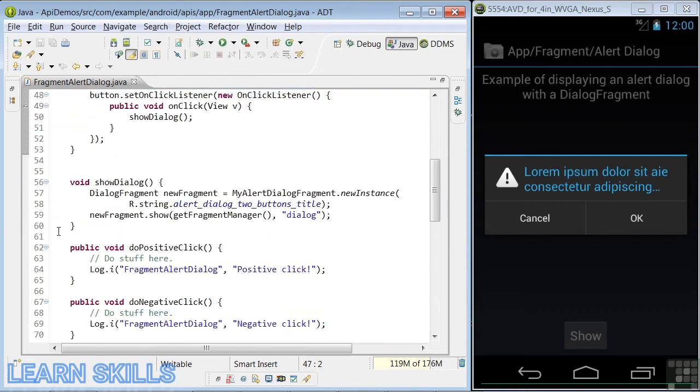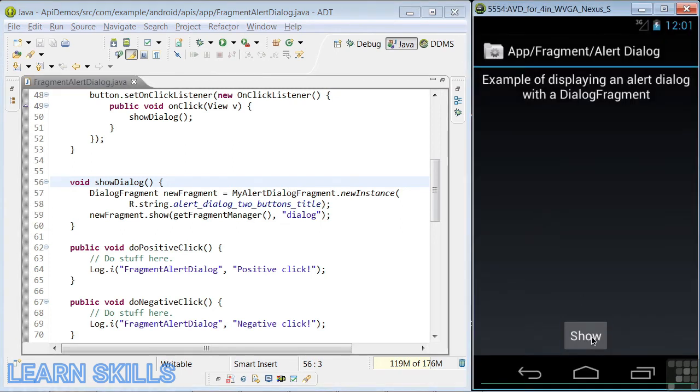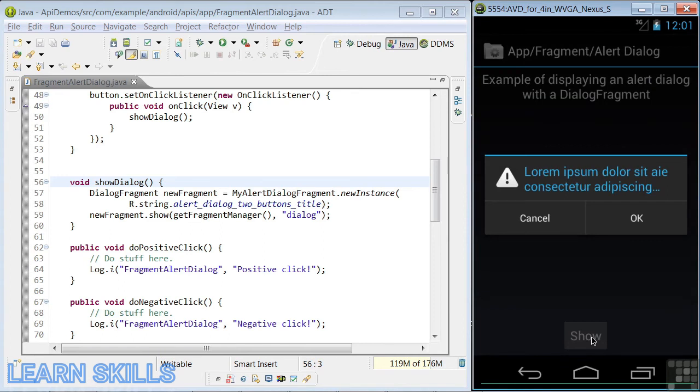In lines 56 through 59, the show dialog method generates a dialog fragment called new fragment and displays it using the show method. So in the app demo, if we press the show button, we see the dialog appear. And the text string you see here is defined in the alert dialog two buttons title entry in the strings